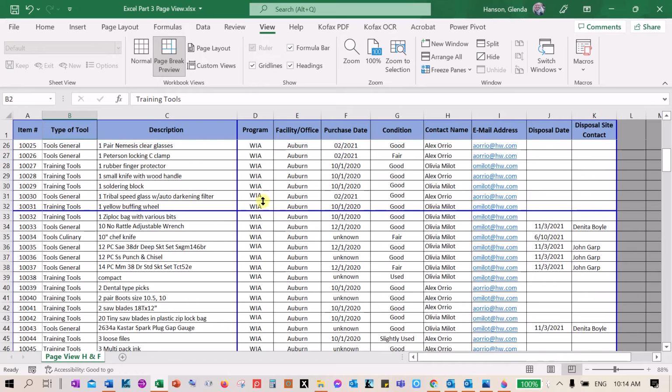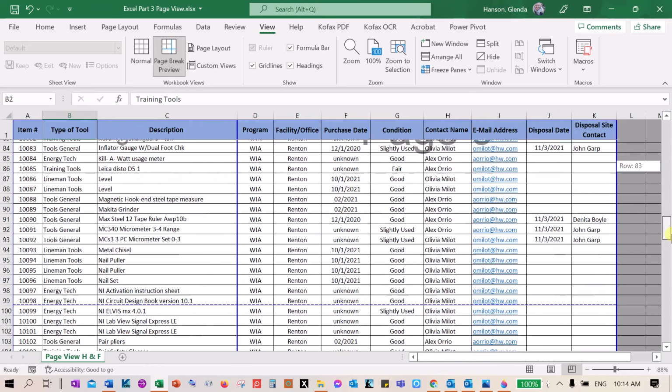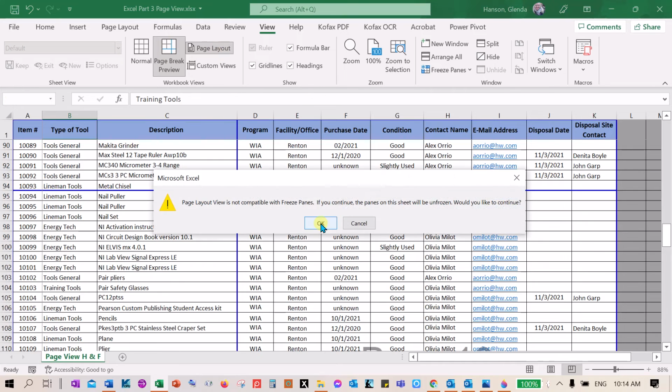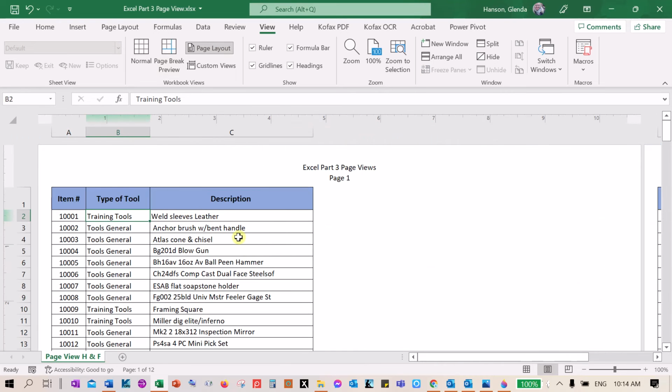You can adjust the bottom page break, and you can do each one individually. So if I move this one, it doesn't move the page break on all pages, just on the page that I'm on. The third view is page layout, and okay, it just gave me a message and said I